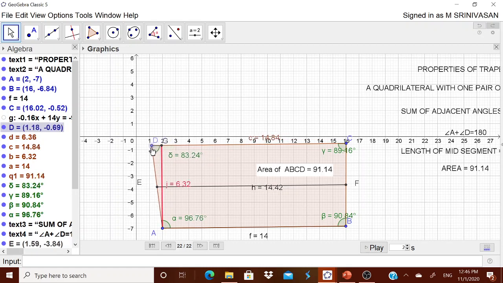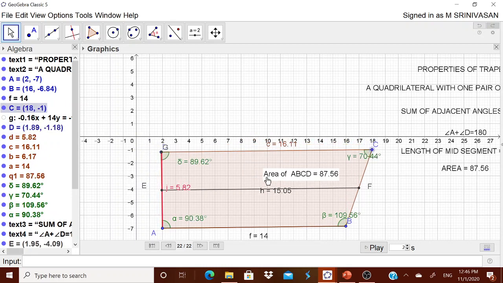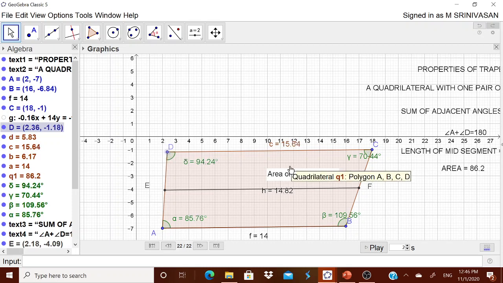Okay, suppose you want that particular value of this, okay, it is 14, then 6.32 like that. Okay, the area can be obtained like this. Or move this to a particular spot where you want it. Okay, now you see I have made it a little bit. I can move it and then move it and then put it in a particular spot, so that it will automatically become an integer. Okay, like that you can come back and then put it as geometry,